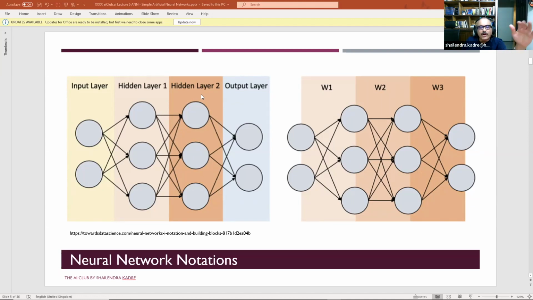The more hidden layers I put, the more the complexity of my neural network increases. Now here I have put only 3 neurons in each hidden layer. I can put 30, 20, 300, or 1000 neurons in each layer. I can put 1000 in the first layer and 500 in the second layer. That also is a hyperparameter, because the number of neurons and number of layers determine how complex our neural network